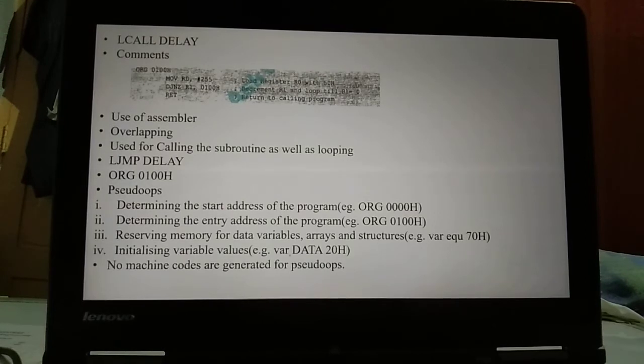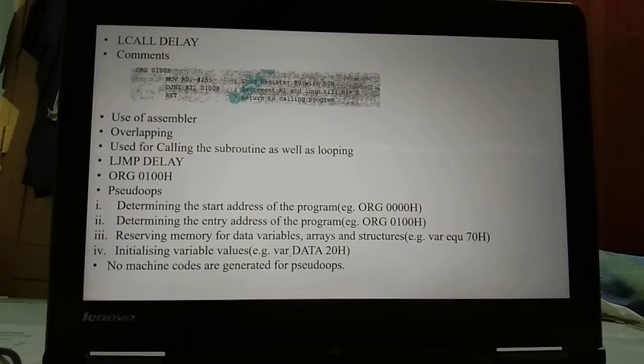During assembling or compiling, the subroutine address is calculated. For the subroutine, two types of labeling can be done: either by a label or by directly mentioning the address. But there is one advantage in mentioning the label. If we mention the label, there is no chance of overlapping.